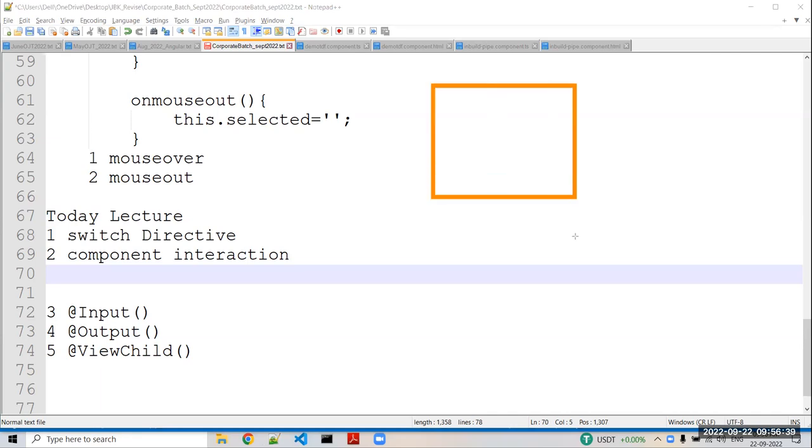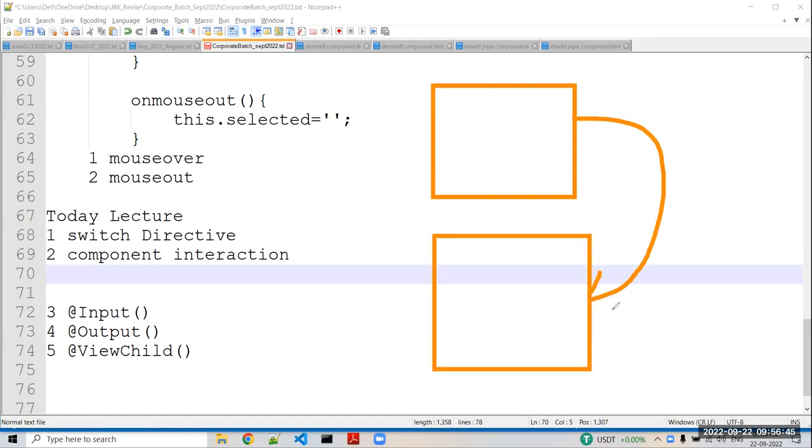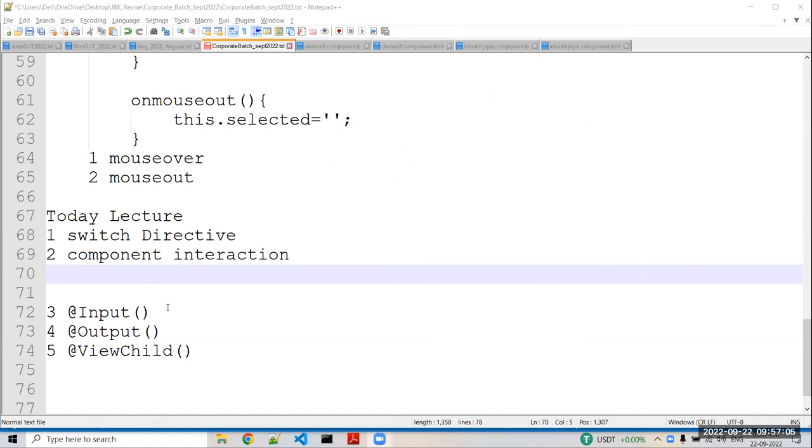Right now, for example, we are working on the view file and the component file. We are sending data only from view to component and component to view. Only that we are performing, correct? Within that component we can send and receive data. But if you want to send data from one component to a different component,